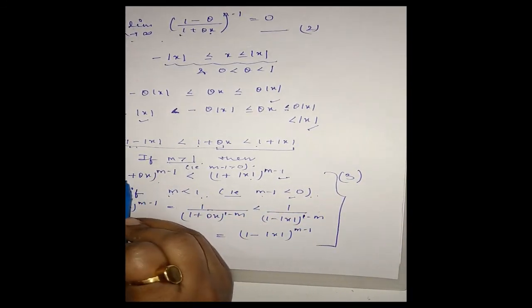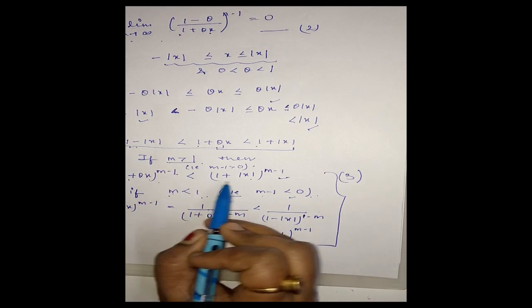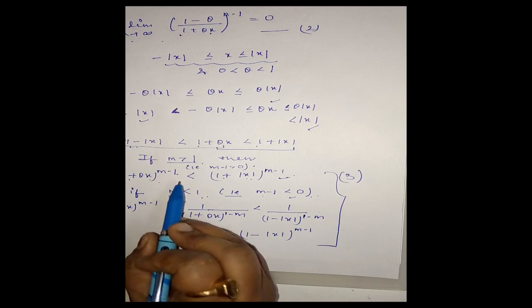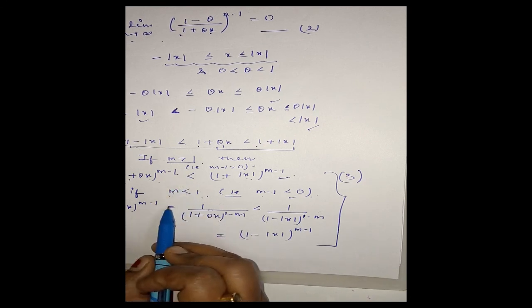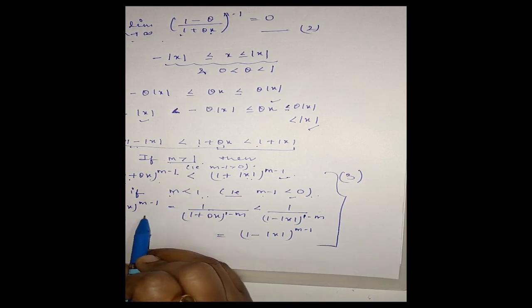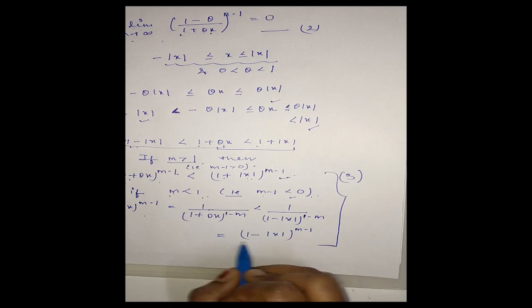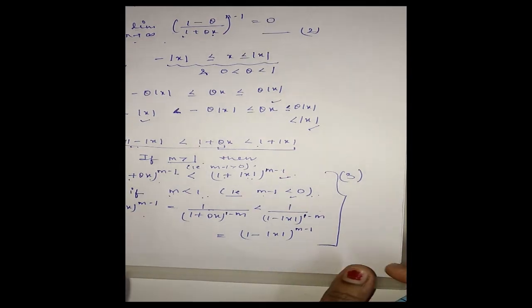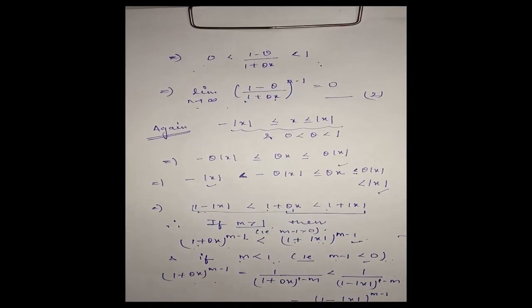Okay. This (1 plus theta x) power m minus 1 is less than (1 plus mod x) power m minus 1 if m is greater than 1, and if m is less than 1, then (1 plus theta x) power m minus 1 is less than this. Okay. Now from 1, 2 and 3, from all these three cases, we have